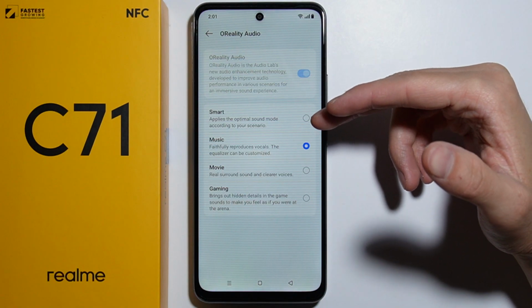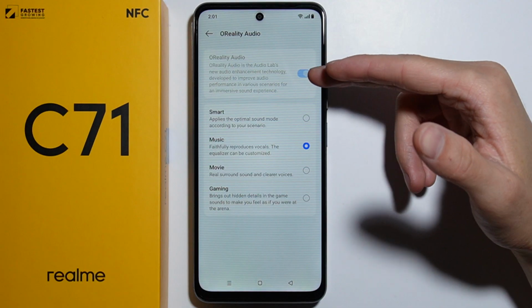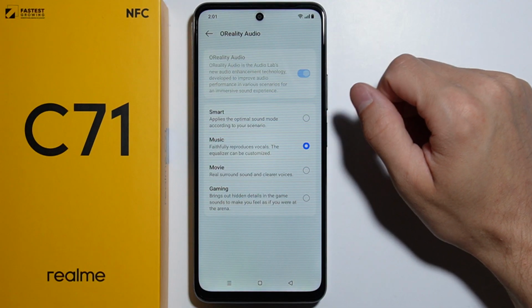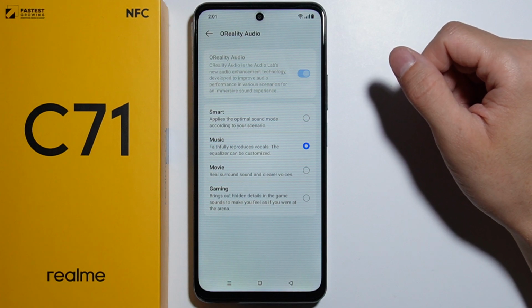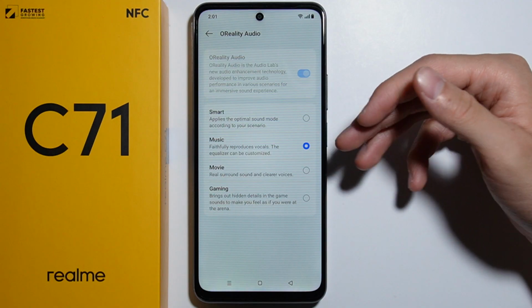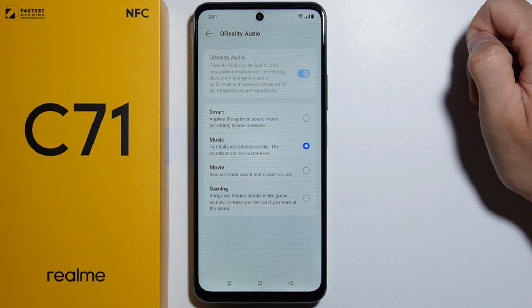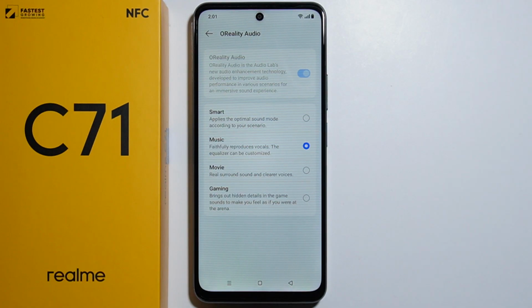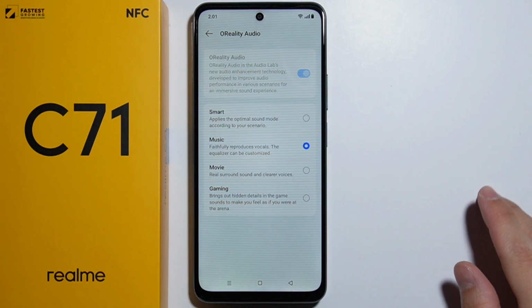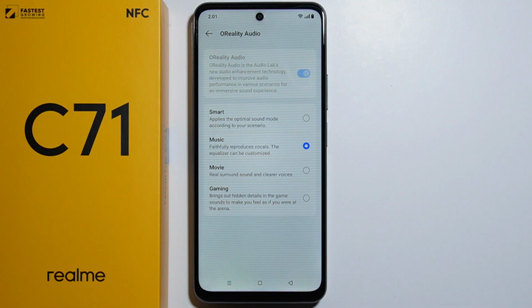is currently grayed out, but it is available to change these options of this Reality Audio in case you have connected headphones into the jack, for example, or if you're connected to wireless headphones or earbuds. But as you can see, there's no sound equalizer that is regularly with these sliders, so you can adjust different values. So as you can see, there's not such a thing, but there are these kind of presets for different